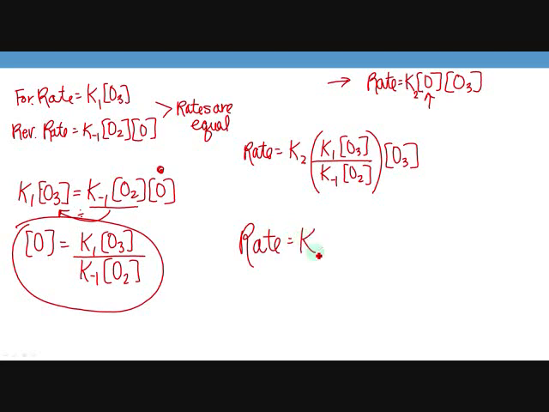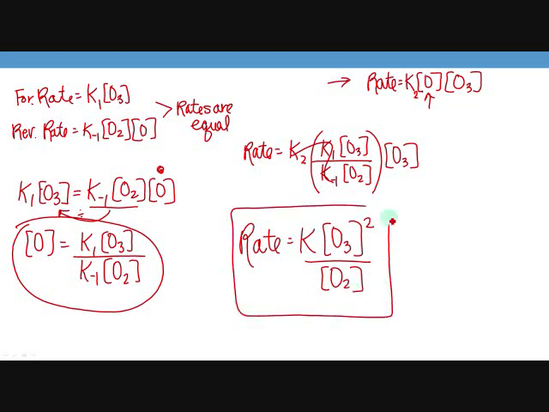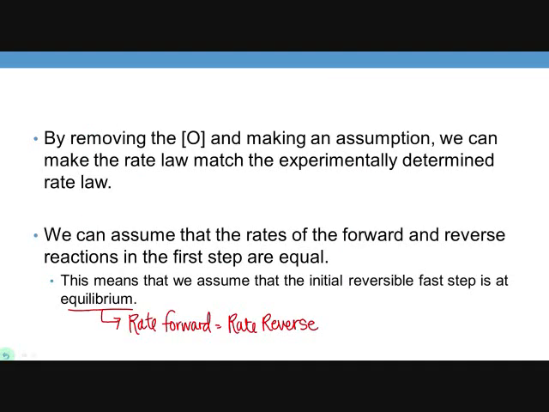It's just going to be a regular K. And so all these K's are combined. Then we have two ozones, so we're going to say ozone squared over oxygen gas concentration. And that right here matches what we initially saw from the data